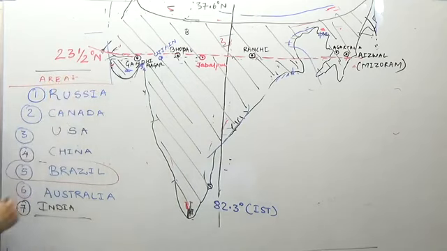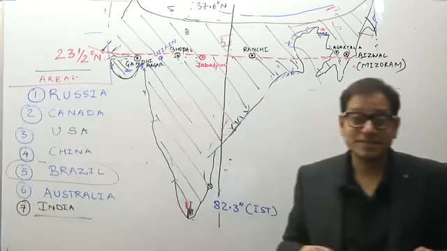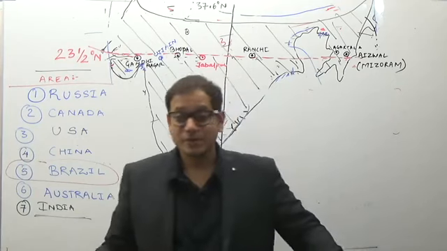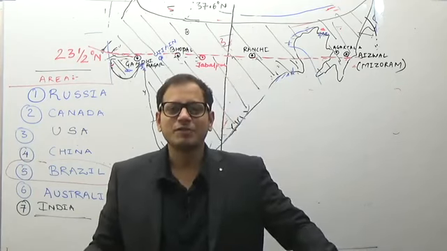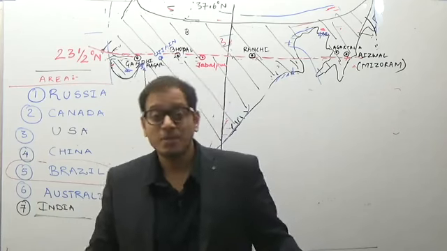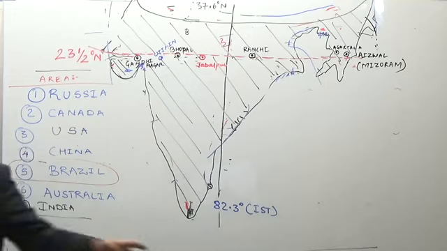India is the seventh biggest country in the world by area. Brazil is the fifth biggest country in the world by area. Russia is the biggest country in the world by area. But as I told you, remember an interesting fact about Brazil. Brazil ranks fifth in both area as well as in population. Now India, which is the seventh biggest country in the world,